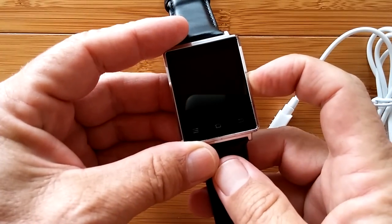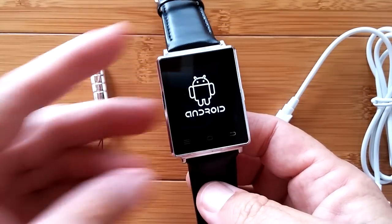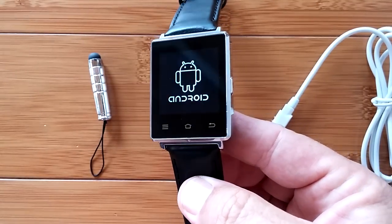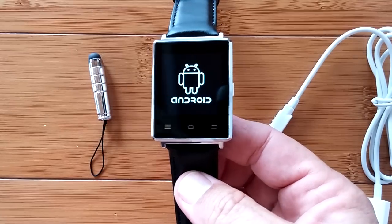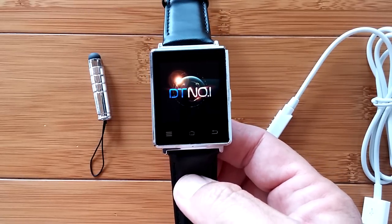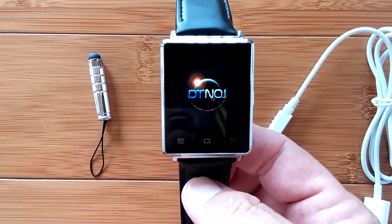Let's do it. We are booting up, for the first time, the Android-based No.1 D6 smartwatch phone. This is going back to the rectangular style of watches. We've had a round of round watches. Now we're going to have a square of square ones. As it boots up into the No.1,